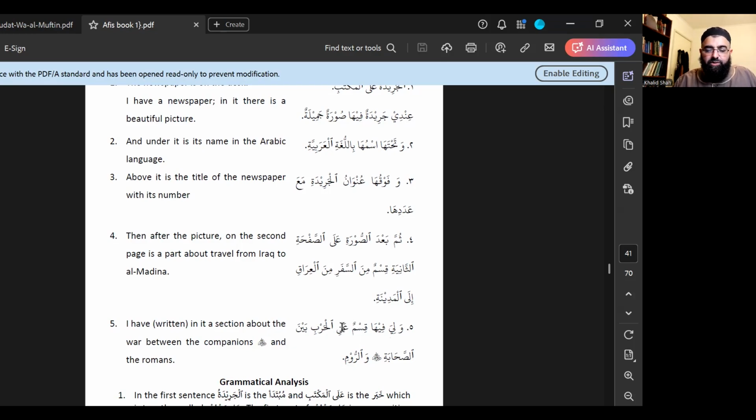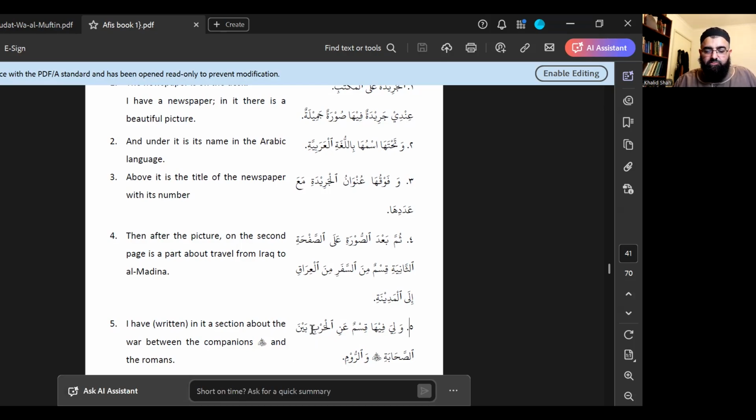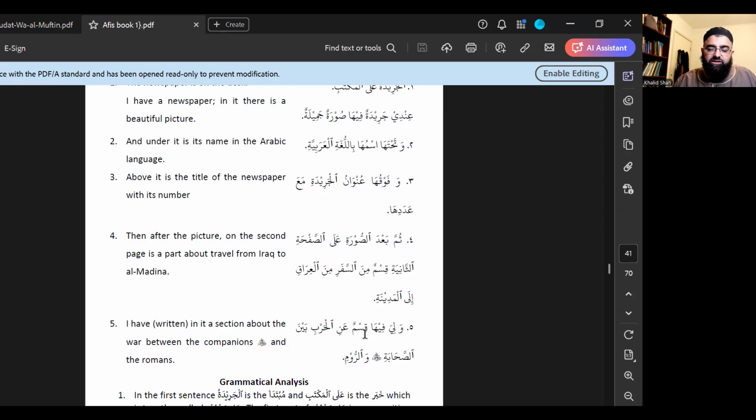Anil harbi, about the war. Bain as-sahabati radiyallahu anhum, between the companions. Bain as-sahaba is another jar majrur structure. Radiyallahu anhum, may Allah be pleased with them. Warumi, and Rome, and the Romans. Literally Rome, I've translated as Romans, but and Rome. So I have in it a section. So there's a section in it